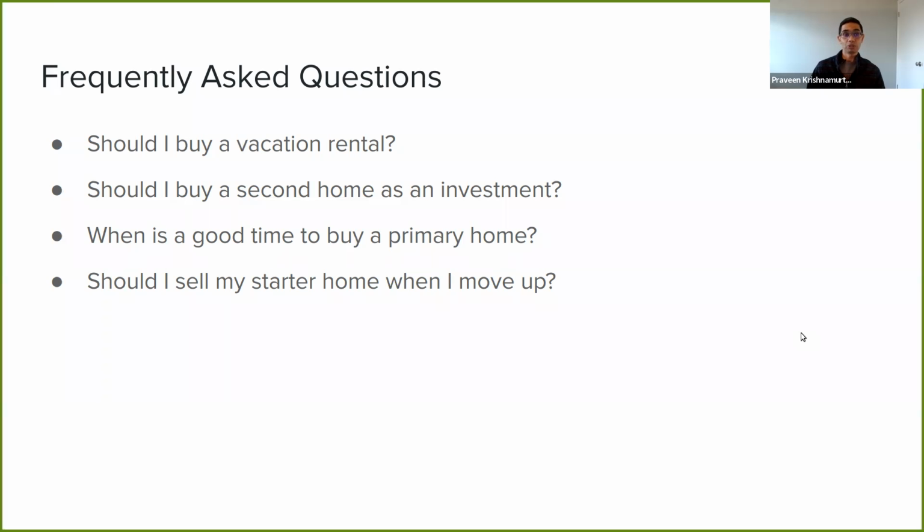So the next question that comes up is, is now a good time to buy my primary home? And the answer to this is fairly simple, and it doesn't change over time. It is, when you're ready to buy a home, you will know it, and that's the right time. What does that mean? It means you are intending to live in that area for a significant amount of time, at least 5 to 10 years. You have a fairly stable financial life where you can make monthly payments and afford a down payment.